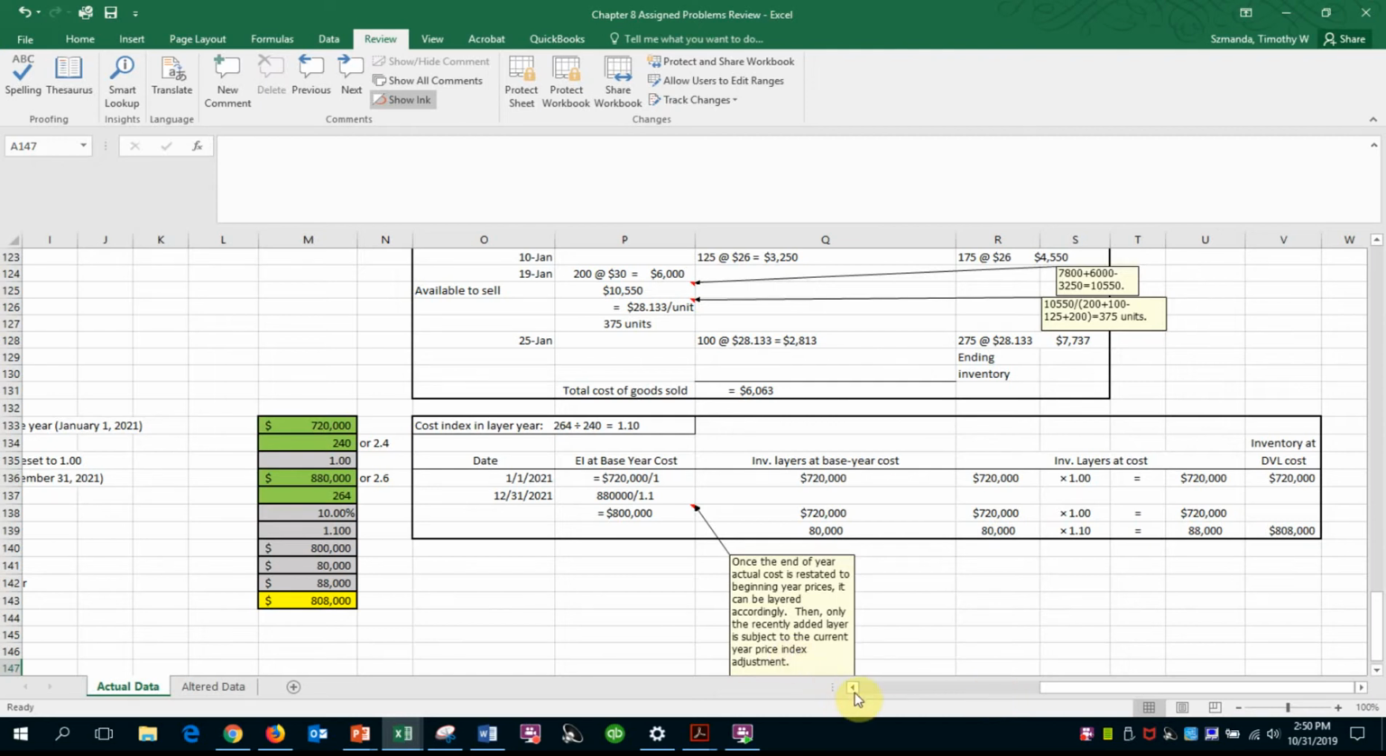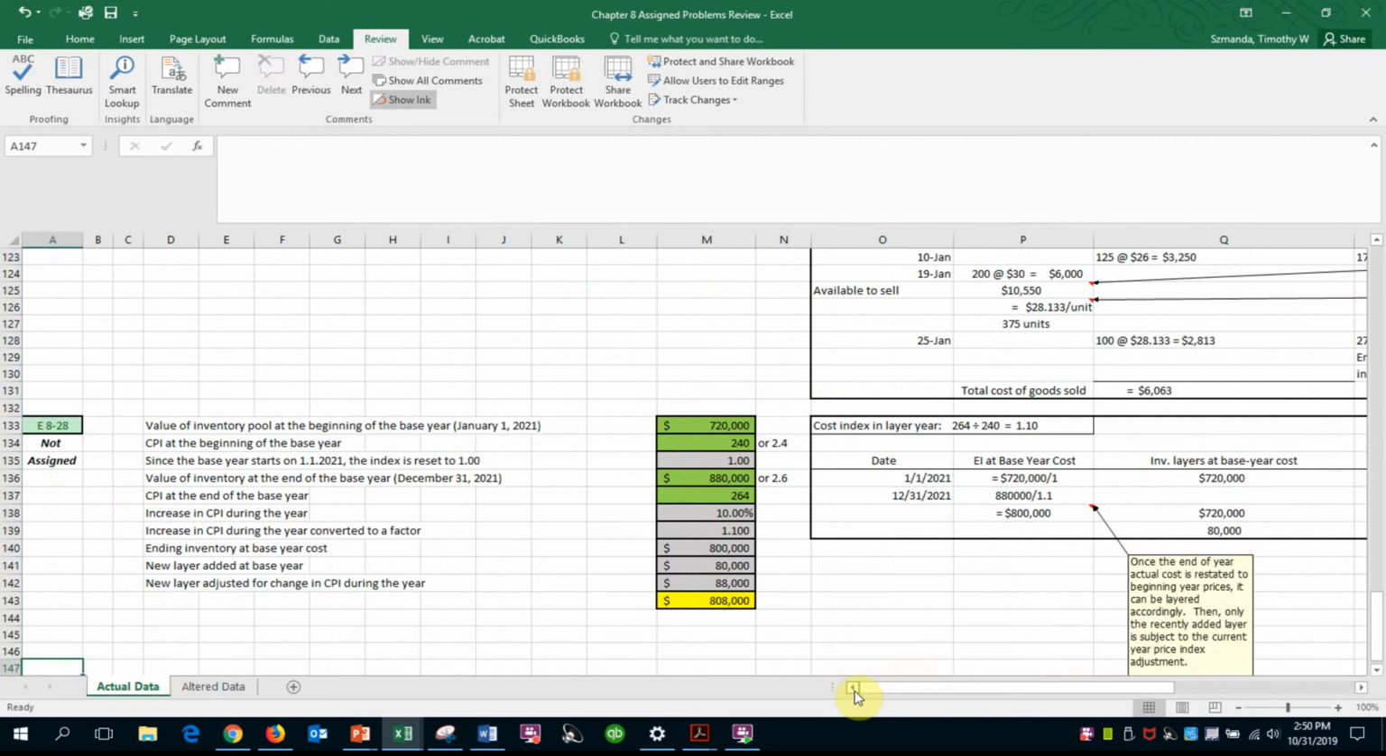So let's walk through this problem. Again, if you're following along, it's exercise 8-28 in the text. Again, not found in Connect. This is not assigned this week. So we have a value of our inventory pool, and that's just pooling a variety of inventory items together to, again, reduce variability of costs. And we have